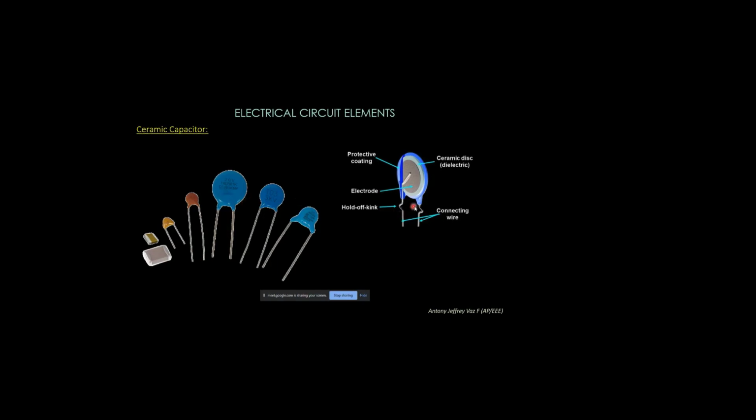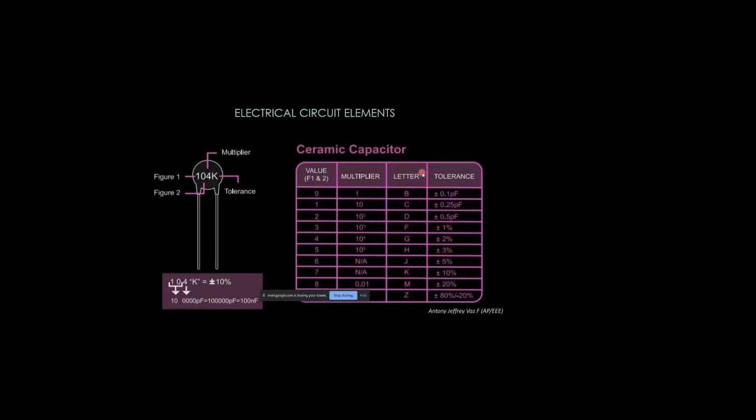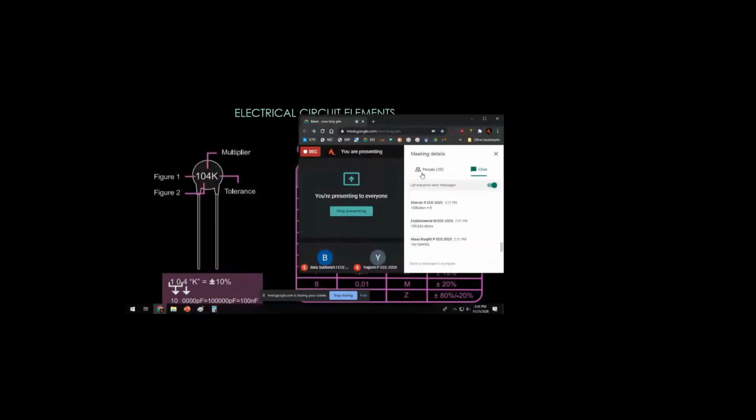Here this is the cross-sectional view of the ceramic capacitor. You can see the protective coating, and inside there will be two plates, and from these two plates the two leads will be coming out, and between these two electrodes the dielectric material, that is the ceramic disc dielectric material, will be inserted into the ceramic capacitor metal plates. Okay, can you understand the capacitance?